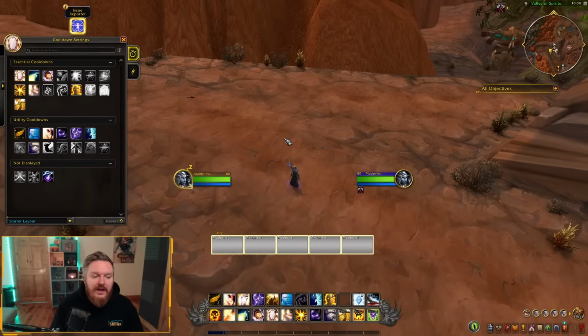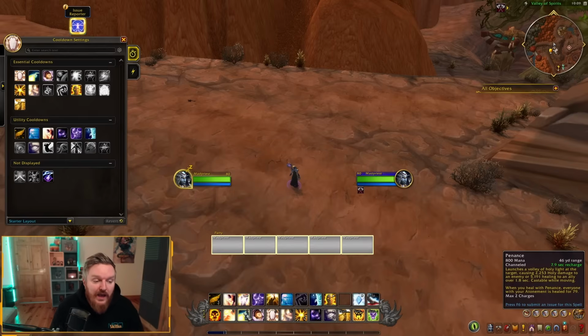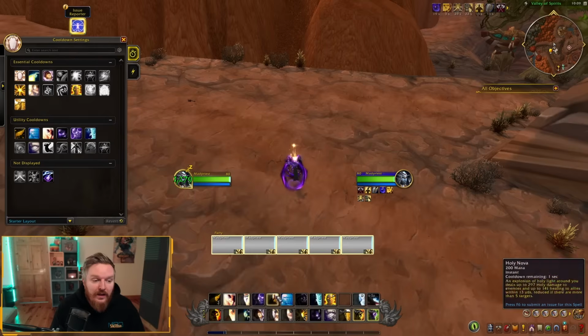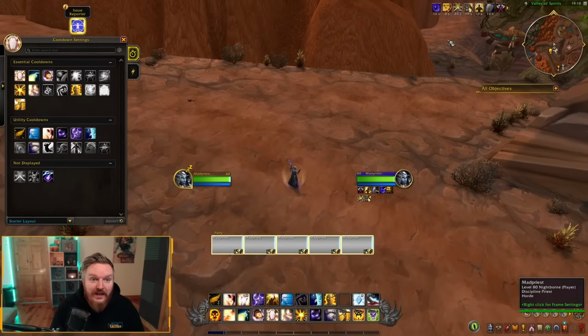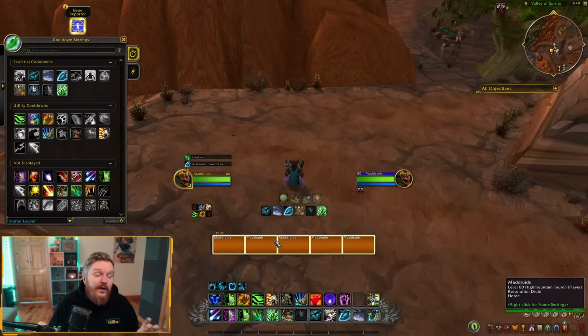Just to showcase exactly what I mean, this is alpha, this is my Discipline Priest, and I know on retail the people using Blizzard default frames might be using add-ons on top to add functionality. This is the vanilla Blizzard frames. If I apply a shield, you have this tiny blue bar. Essentially, I have a 12,000 shield and my HP is 53,000. The only way to highlight this absorb is this tiny blue shield, which needs to be improved upon. So there is a lot of work for these raid frames to even match the customization you have in the market right now.